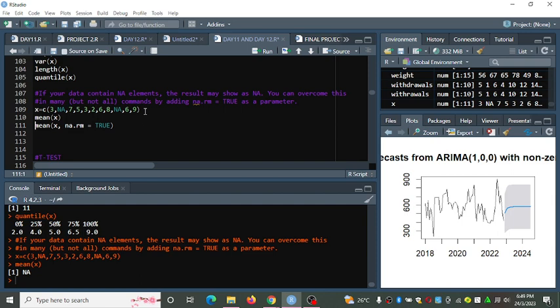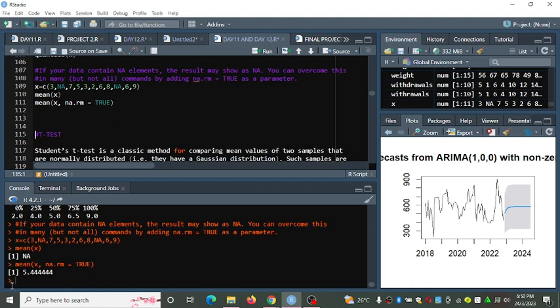So my compiler has included the not applicable point together with the other points. So for the mean of x, you then use a comma, na.rm equals to true. I'm telling the compiler to exclude the NA values. And when you run this command, you will get the mean.